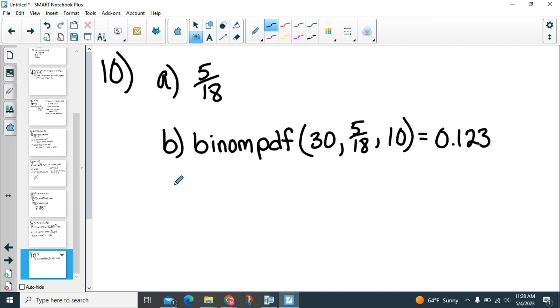All right. C. Find the probability that Jethro will go cycling at least 24 times in June. So this is 24 times or more. All right, so 24 or 25, 26, 27, 28, 29, or 30. You could find the probability of each one of those individually and add them all together. But remember, binomial CDF only does a number or less. So we're actually going to find the probability